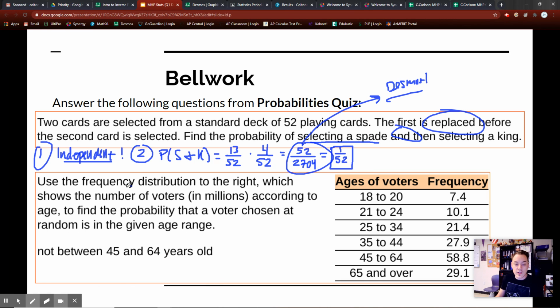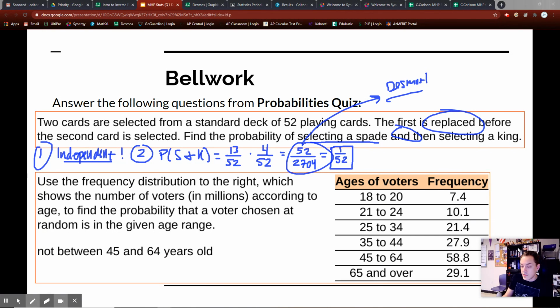Second question, use the frequency distribution right here off to the right, which shows the number of voters in millions according to the age. So what we want to do is find the probability that the voter chosen at random is in the given age range. So not between 45 and 64. So the probability of it not being between 45 and 64 equals